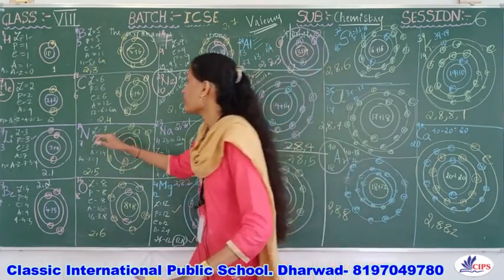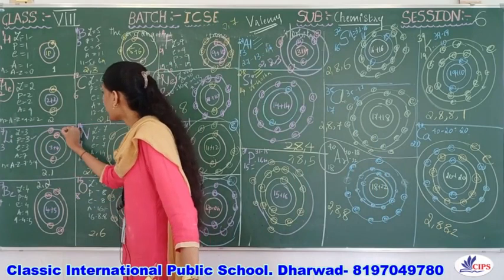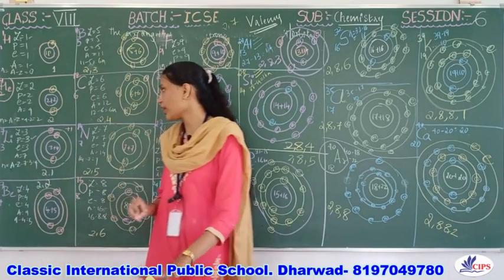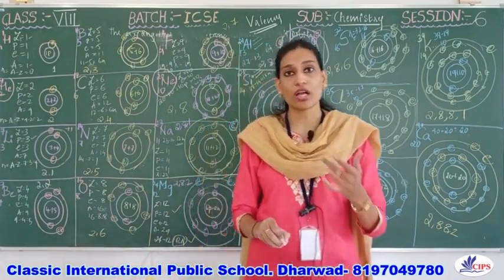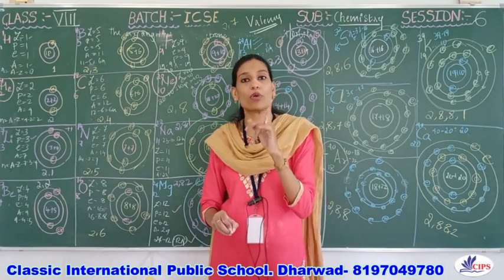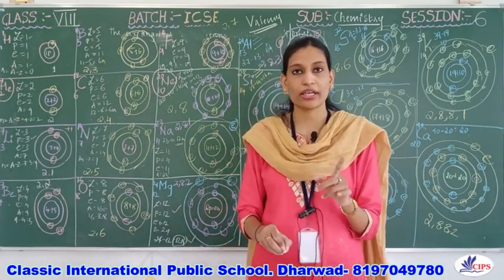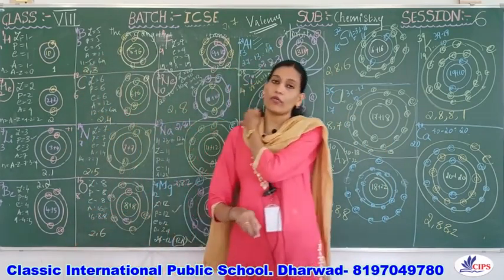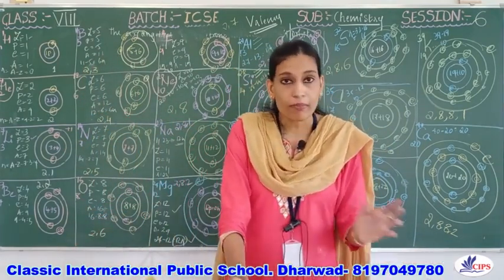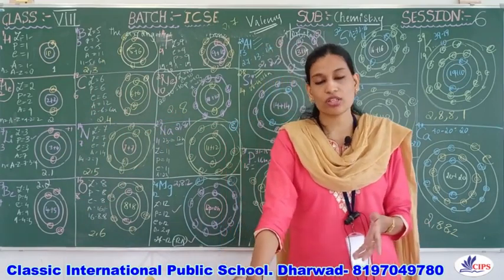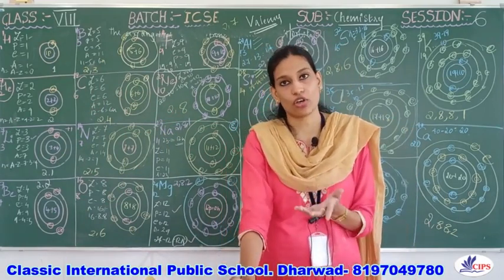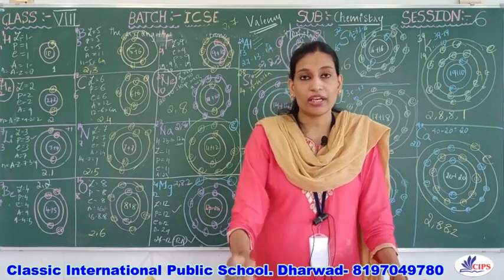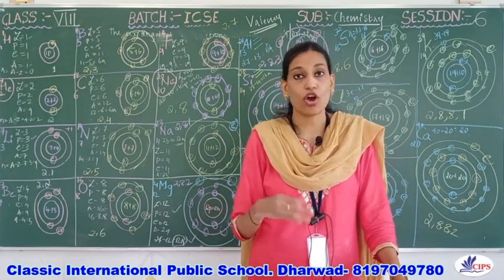Sorry, when an element loses 1 electron, a positive charge comes on it. That is what we call plus charge. And the number of electrons lost by lithium is how many? 1. Lithium has lost 1 electron, and therefore its valency is 1. So how can we define valency here? The combining capacity of any element is called valency, or else you can define it as the number of electrons lost, gained or shared.